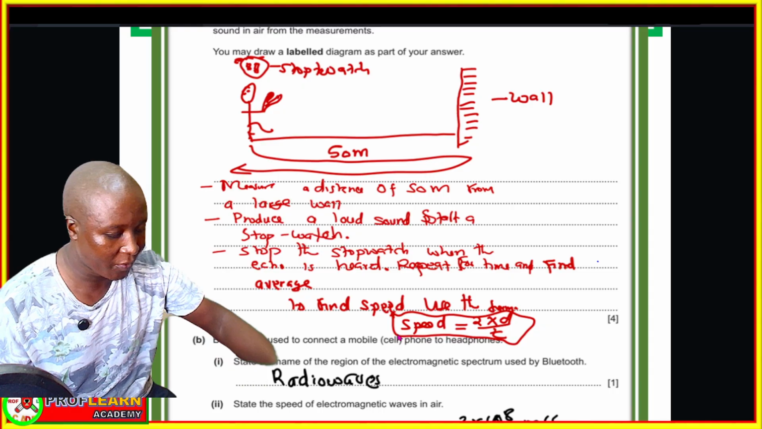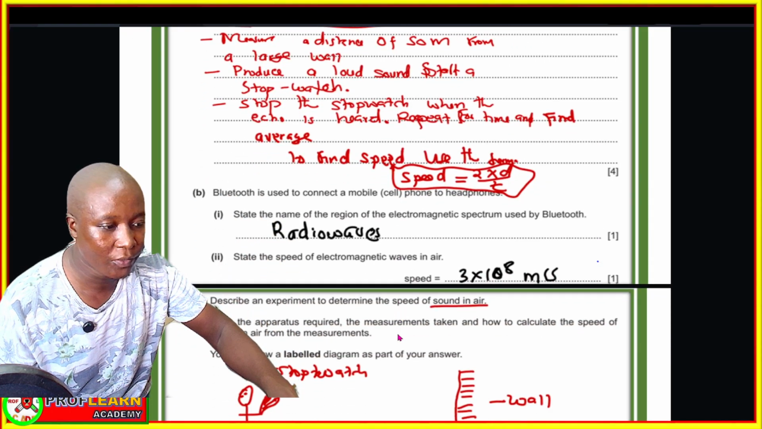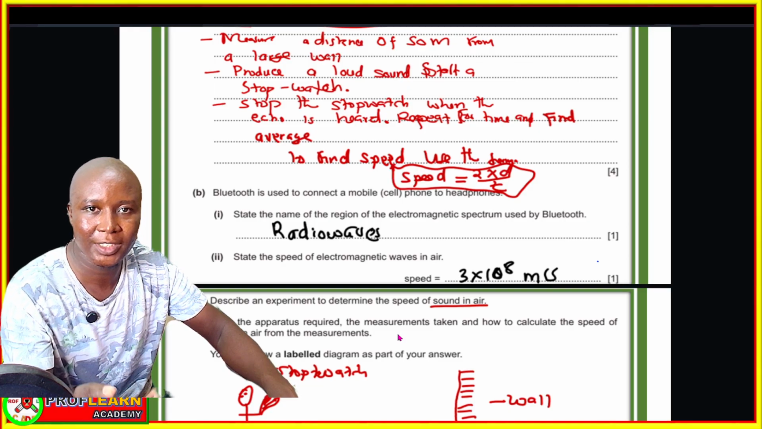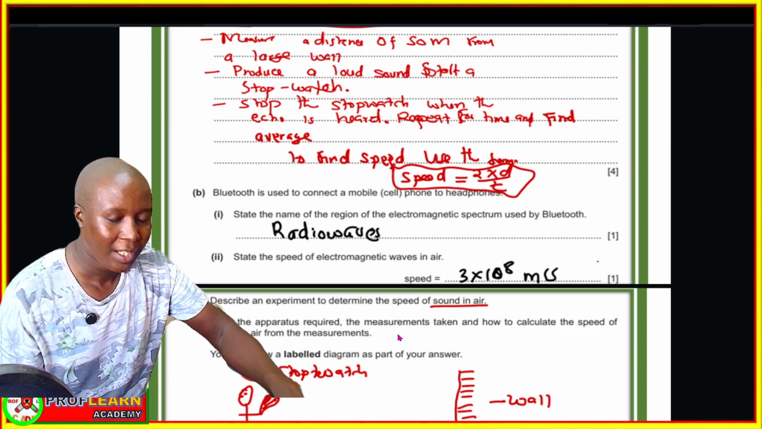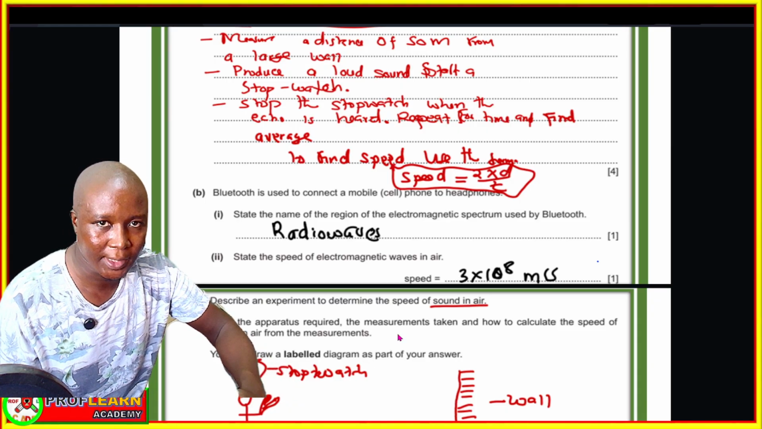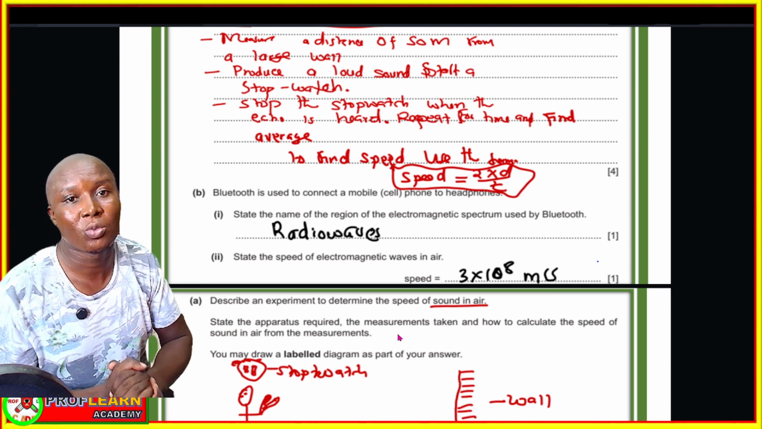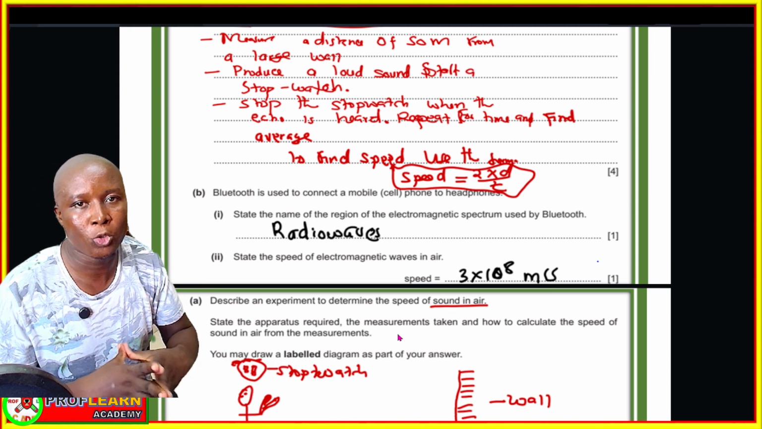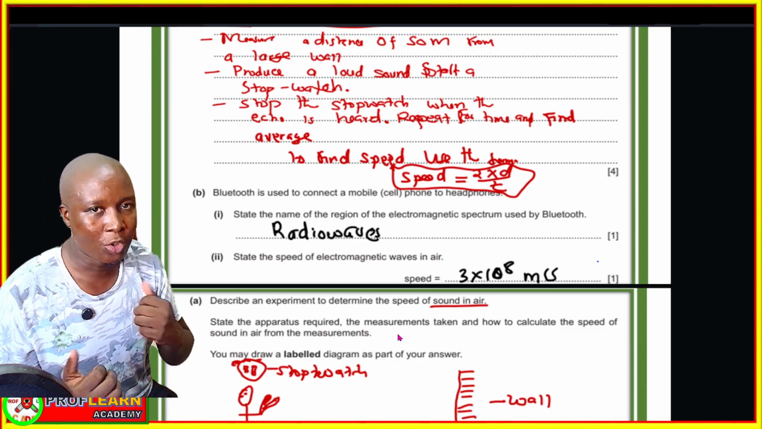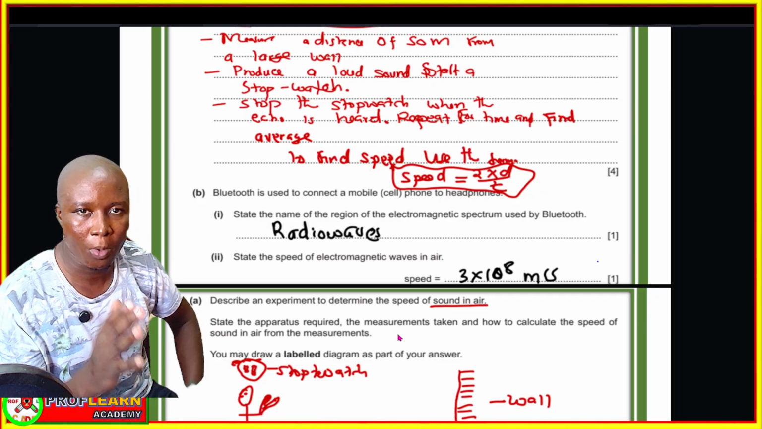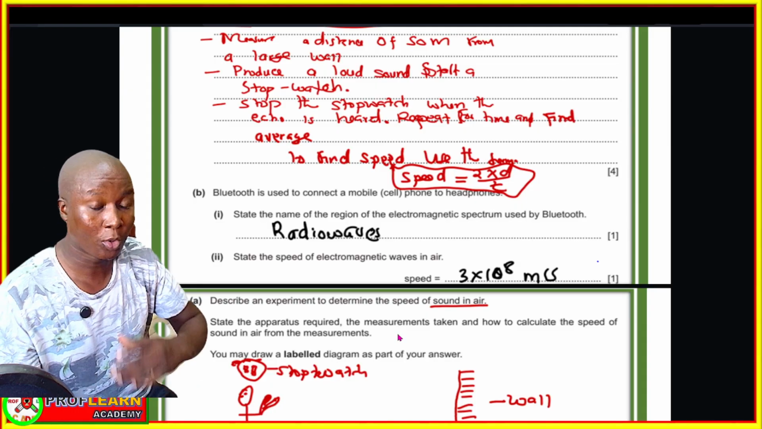State the name of the region of the electromagnetic spectrum used by Bluetooth, that is radio waves; used in medical treatment of cancer, gamma rays; used for cooking food, you have microwaves. You need to understand all those uses, and then you need to understand harmful effects, and then you need to understand how you can protect yourself from the waves in the electromagnetic spectrum. Don't forget to go through the common properties of waves in the electromagnetic spectrum also, guys,